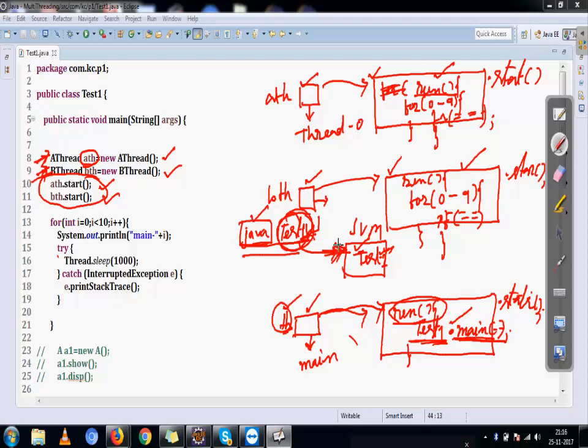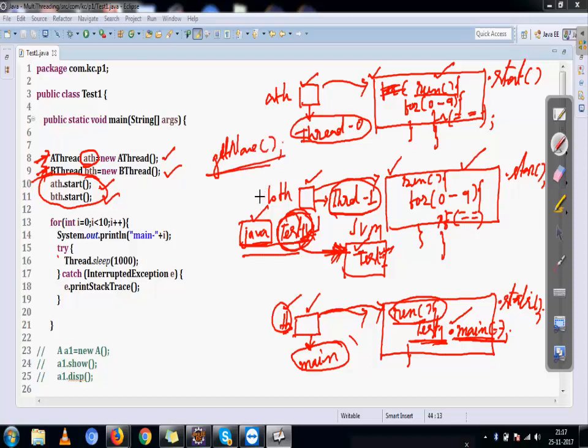For this one also we have not assigned any name, so this name will be Thread-1. So when JVM is creating the thread, the name it automatically gives is main. When we create a thread and do not give a name, by default it takes Thread-0, then the next thread Thread-1, another thread Thread-2, another Thread-3. Like this, thread names are assigned automatically. Now I want to get the name. To get the name, the getName